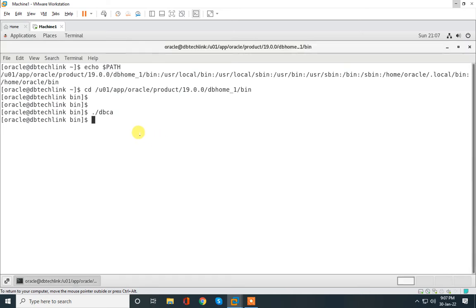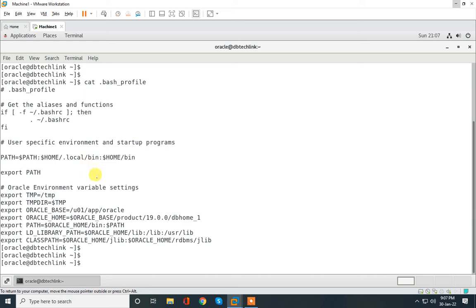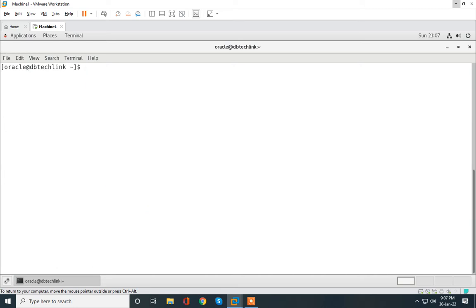And if you have already given environment settings in the .bash_profile file like this, you can run it directly from the OS prompt, right? So let's run dbca.